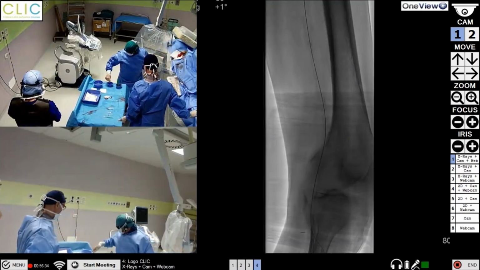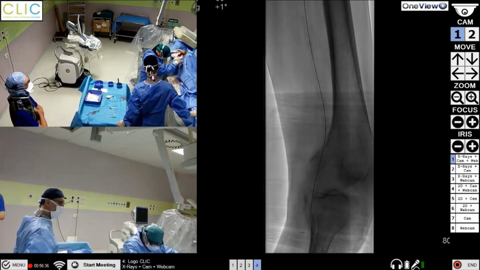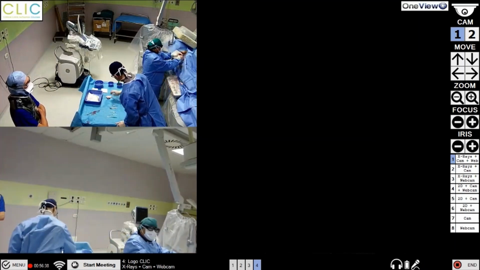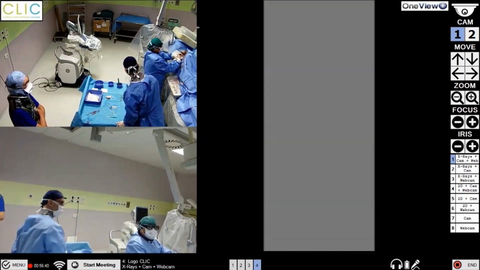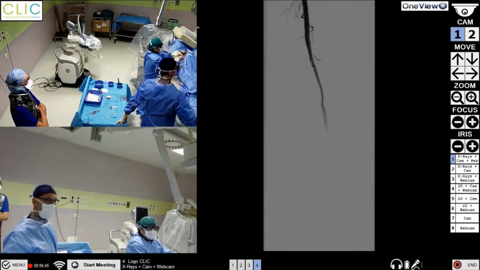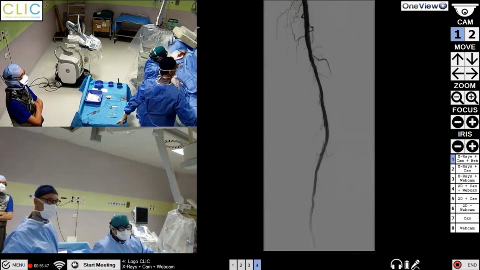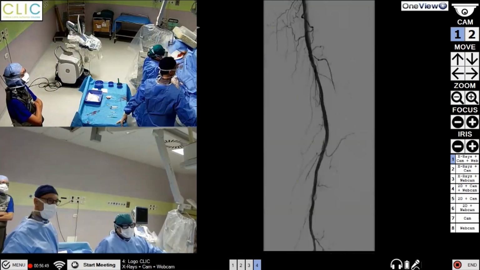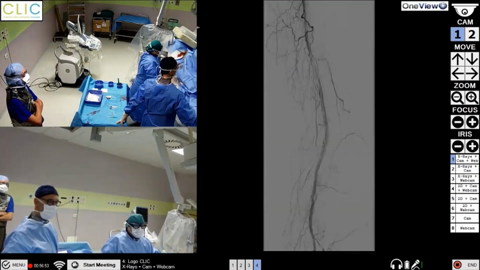But we can discuss all together. Okay, this is the aspect after the 5 millimeter. We have two